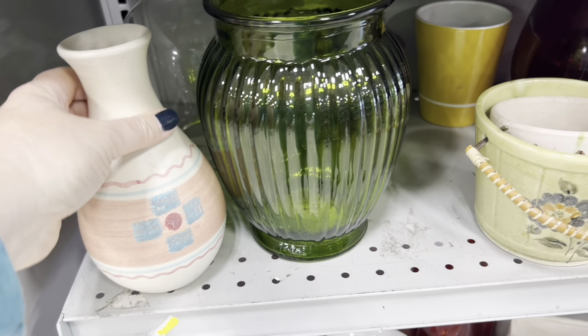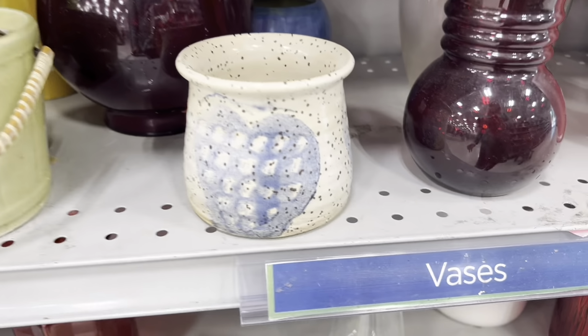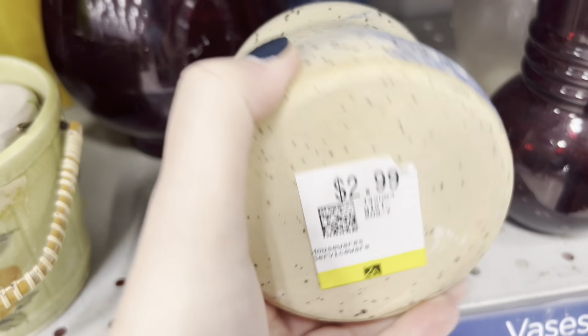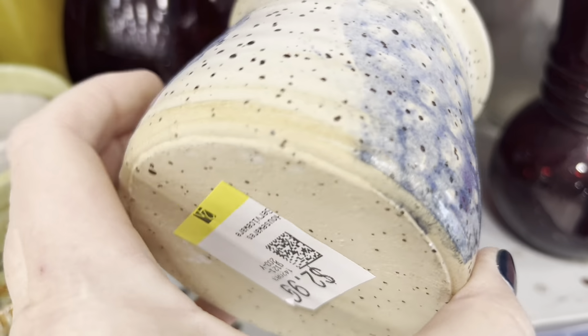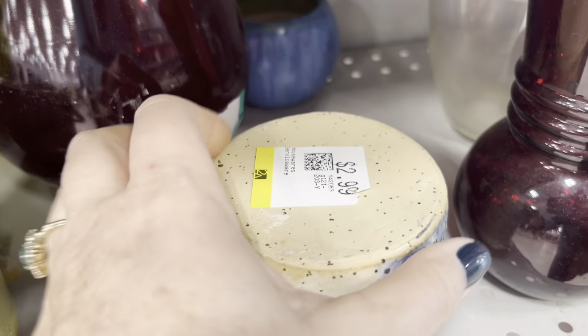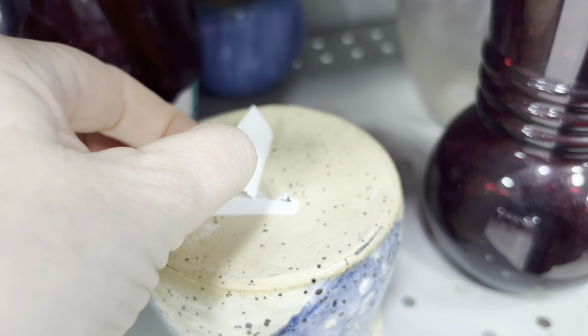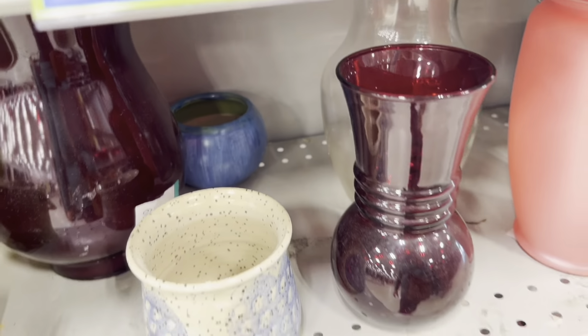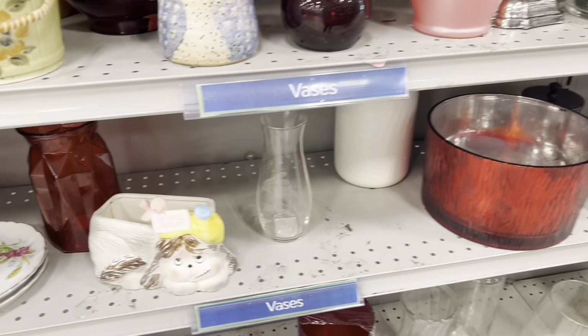This looked like Native American pottery. I don't think it actually was. This looked like art pottery. No, I don't know if it really was. Because I already had the other piece that reminded me of it, and this one didn't appear to be signed, I left this one behind. And I put the stickers back, but they put them on purpose, I swear, where it's going to cause damage